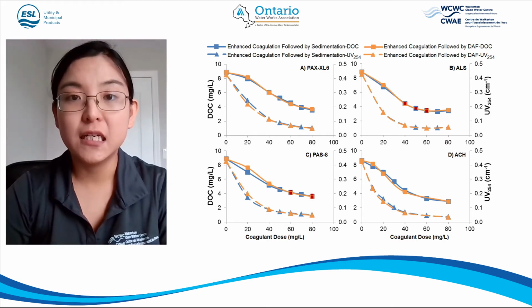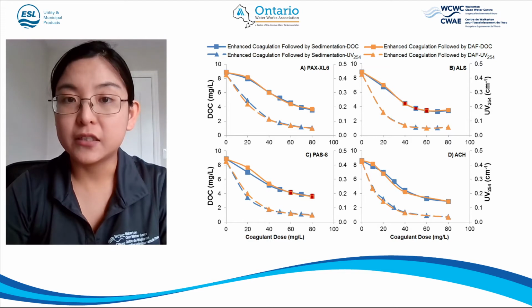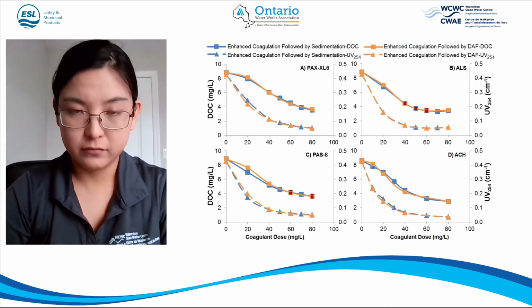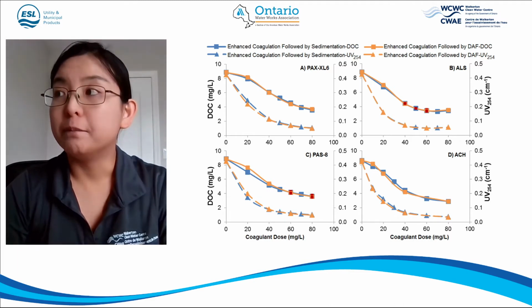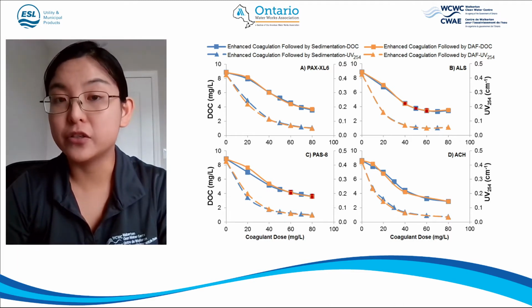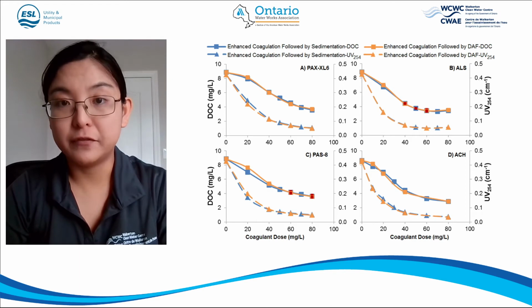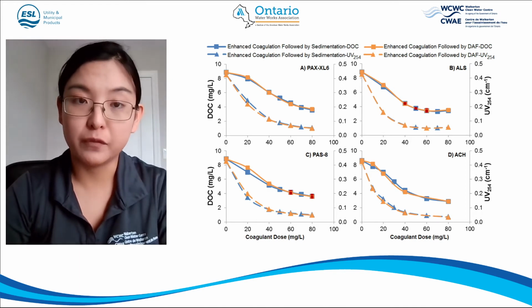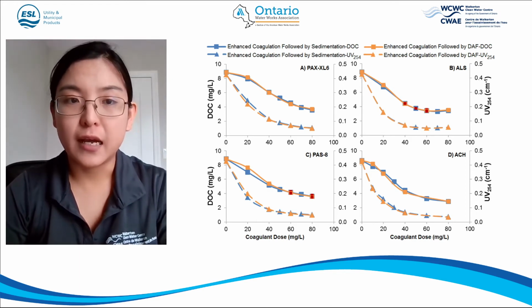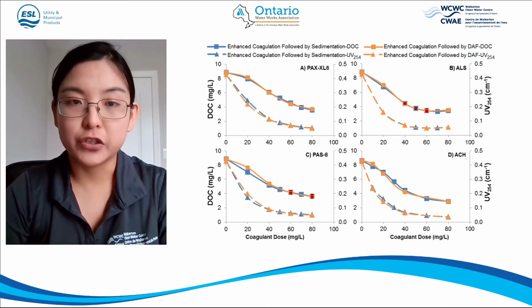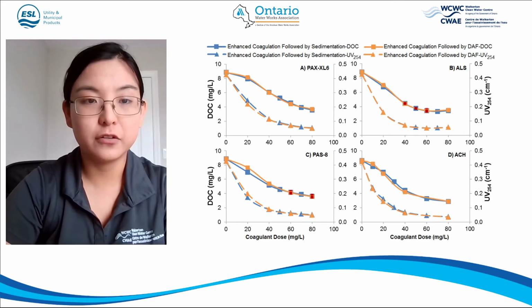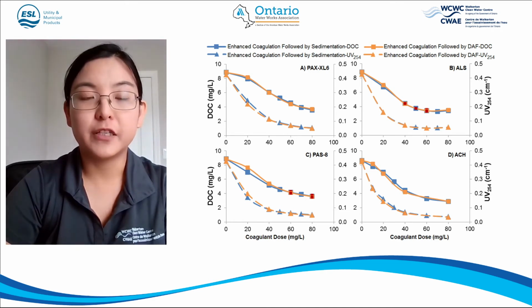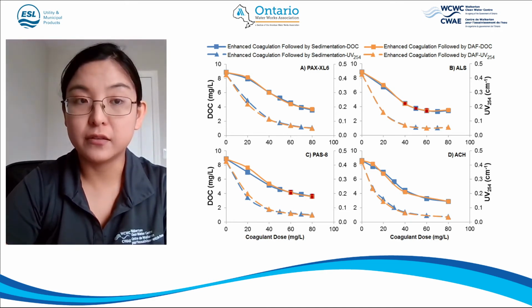However, I have to note that the ALS, or alum, which is figure number 2, or figure B, has dropped pH to somewhere below 6.5 and used up almost all of the alkalinity from the water. So that may be an important factor to consider for this project. And also, for the samples with highest DOC removal,